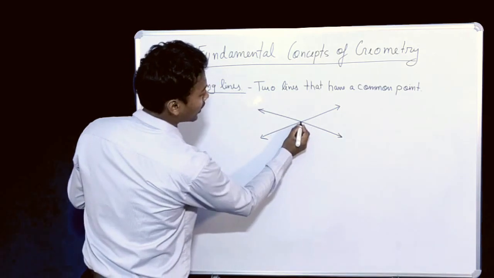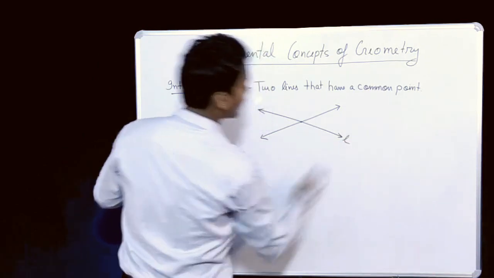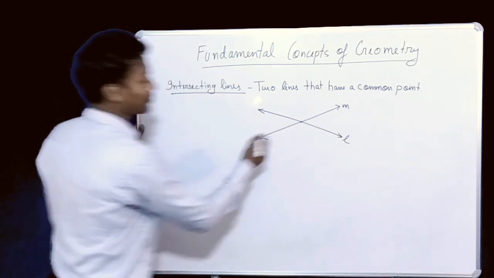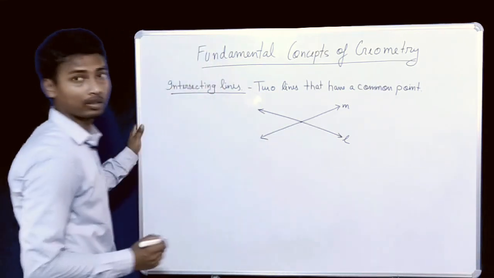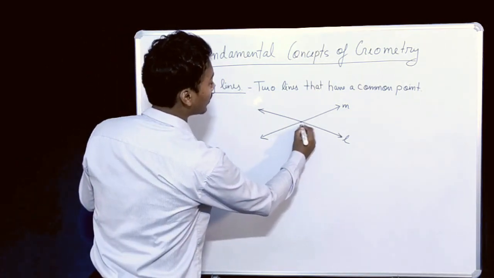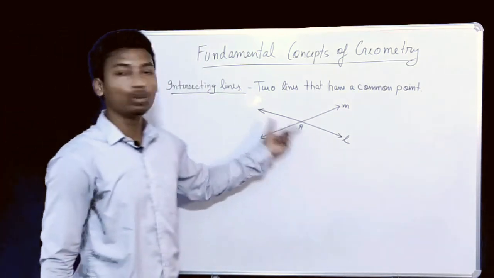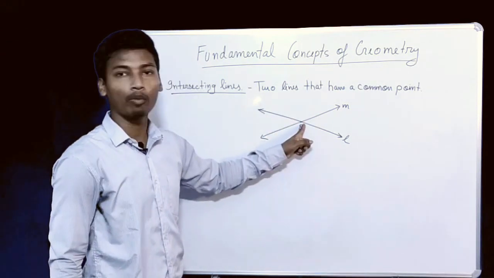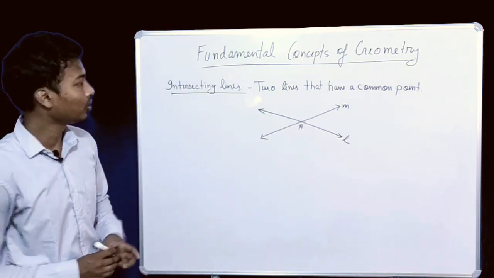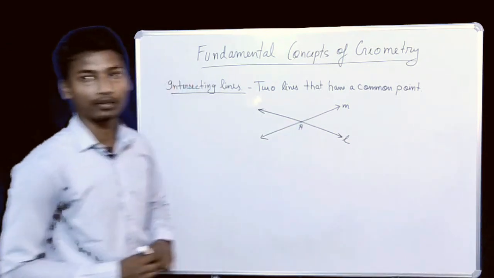Let's name the lines. This line, let's call it L, and this line, let's call it M. So the points of line L and M meet here, right? So they have a common point here. Let's call this point A. So whenever you have two lines with a common point, it means these two lines are intersecting each other. Okay, so you can clearly see that lines L and M are intersecting at point A.